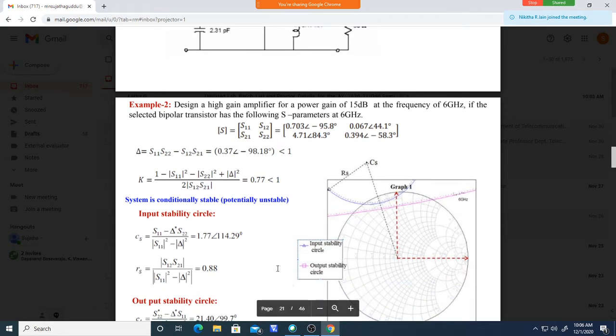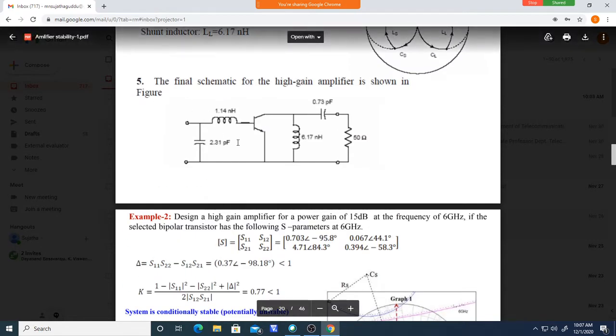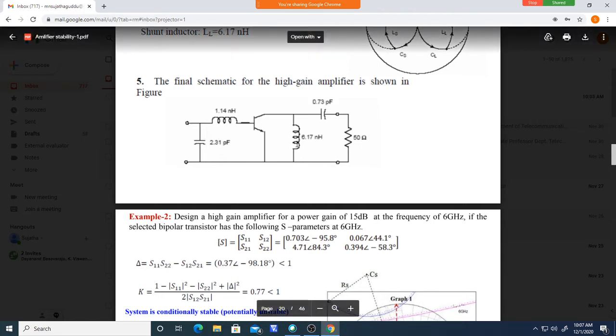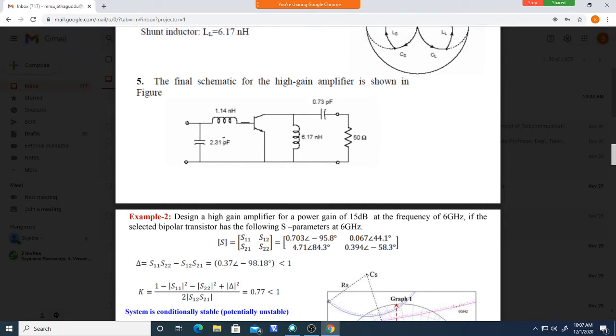Once we know that, the next step is you should find out the stability of the amplifier. Actually, the next step is you should design the input matching network and output matching network to provide the required gain. Once we know we can use the unilateral design by calculating the unilateral figure of merit, to design the input and output matching networks, you should know what input value ZS is needed